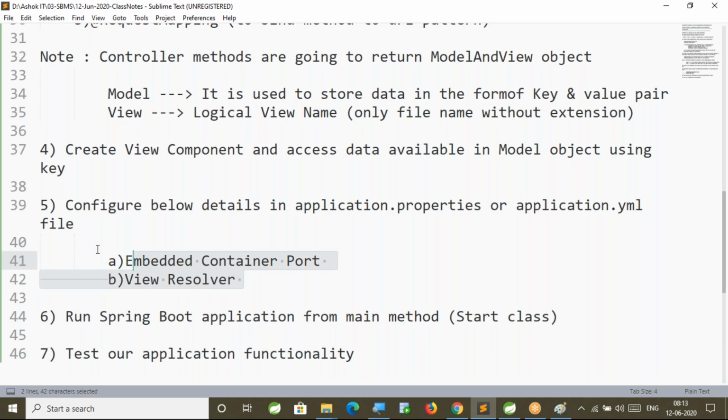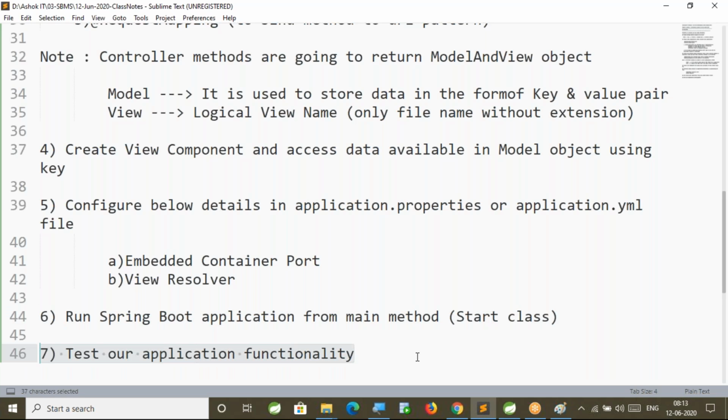Now, once this part is done, then we need to run our Boot applications from main method. Sir, in the servlets, when we learn servlets, main method is not required. Yes, for servlets, main method is not required. Even for plain Spring, that main method is not required. But for Spring Boot, main method is required. Spring Boot application execution will start from main method only. After starting our application, server also will start by default. Boot will take care of that.